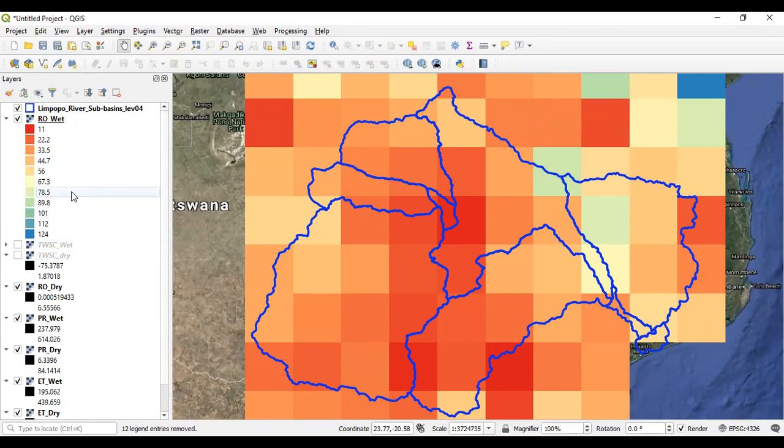So basically, that data set, I can say, has middle resolution. You cannot use it in a very small basin like this one. So basically, for this case, we will be assessing the water budget for the entire Limpopo River basin, and some selected sub-basins which are larger,